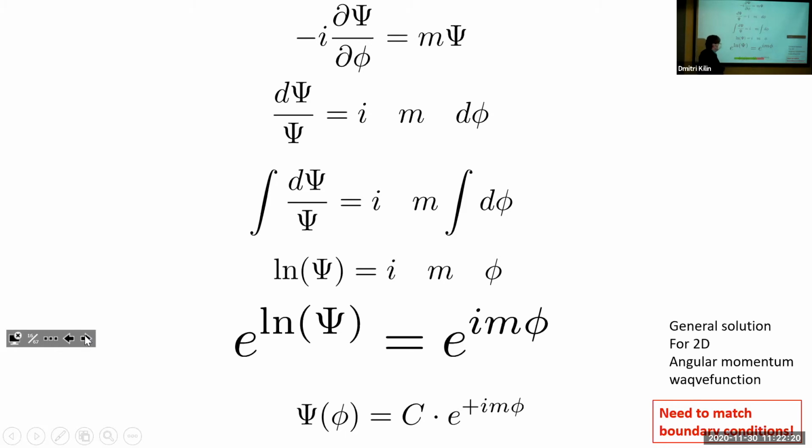So I have no doubts that each of us can solve it. So the first derivative of the unknown function equals a constant times the unknown function. We can put everything that relates to the unknown function on the left, so the increment divided by the unknown function, and everything which relates to the independent variable on the right. And then if we integrate the left and right parts, on the left, the integral of d psi over psi will be a logarithm, right? And on the right, it will be the imaginary unit, the magnetic number,